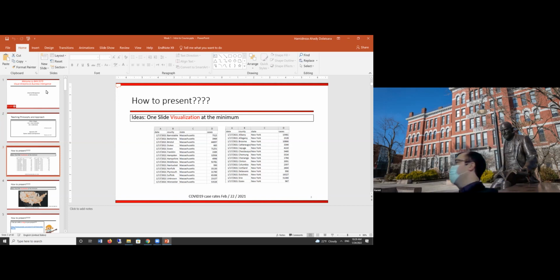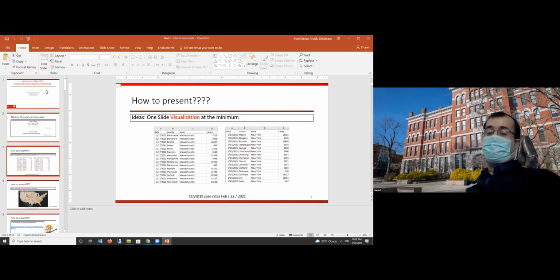Look at this table. It shows some county statistics in the state of Massachusetts last year. You might get some idea of what is going on, but not too much. It takes a lot of time. You need to look over each record, and maybe compare with other counties. It's the same for Massachusetts, New York, and let's see what happens if you do it for the whole country. It's very hard to do a comparison to see which part might be problematic,